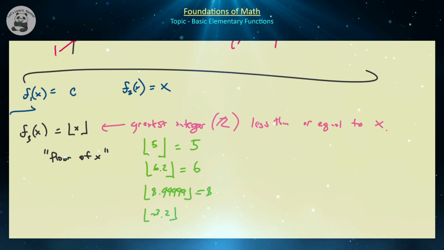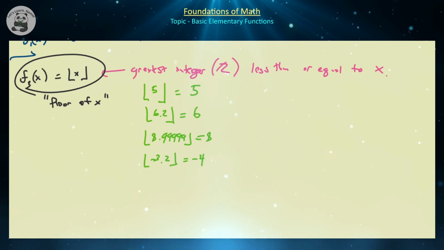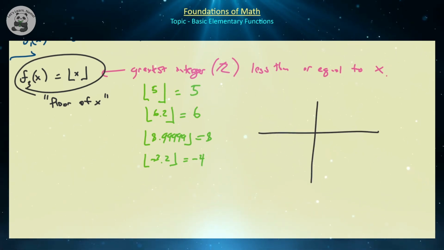So the greatest integer less than or equal to -3.2 is going to be equal to -4, not -3. So if I were to sketch the graph of this particular function, the floor of x, what is that actually going to look like? So if we look at 0, that's going to round down to 0, 1 is going to round down to 1, 2 is going to round down to 2, minus 1 is going to be rounding down to minus 1, minus 2 is going to be rounding down to that,